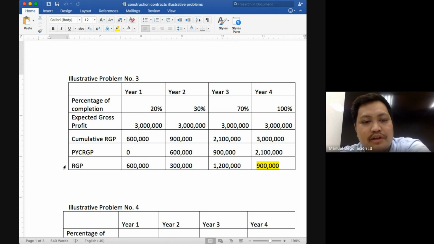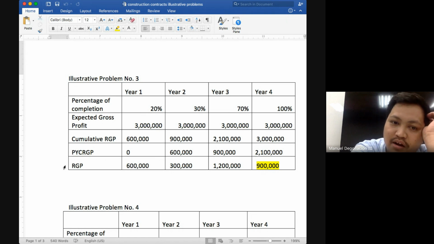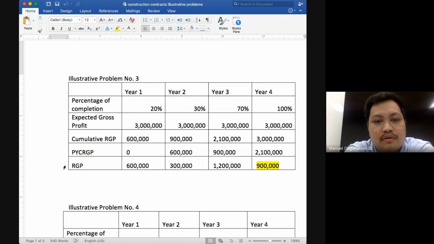No. To determine the RGP for the year, deduct the previous year's cumulative RGP, which was 600,000. 900,000 minus 600,000. The RGP for the year would be 300,000. Okay. Next,